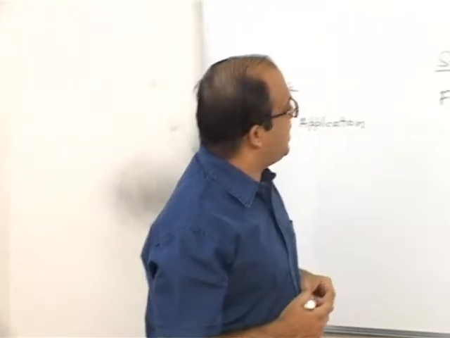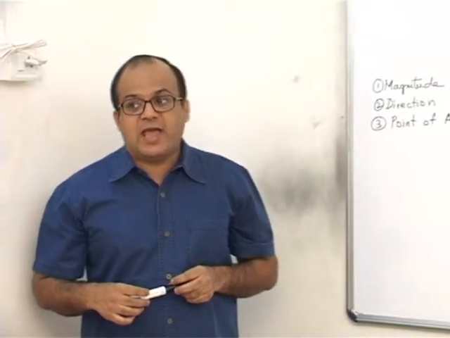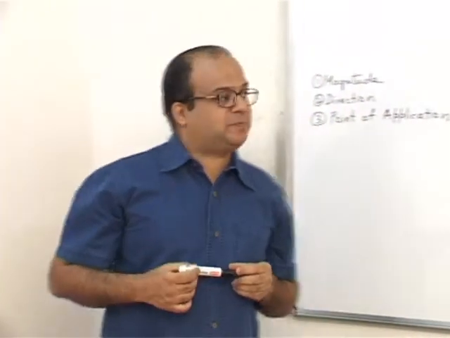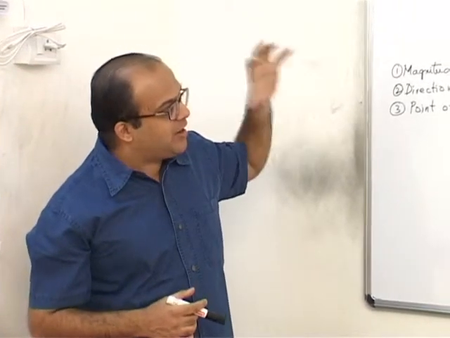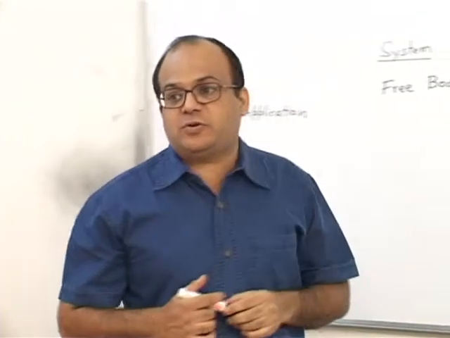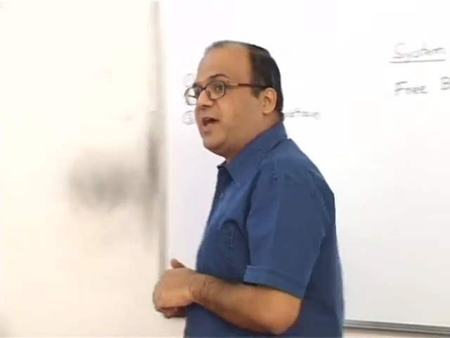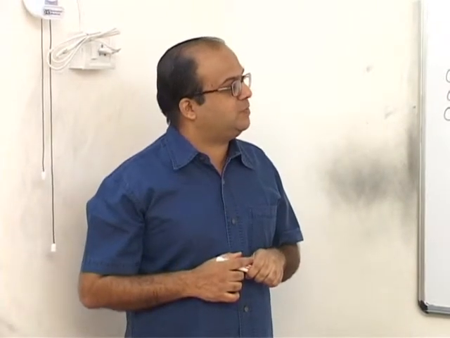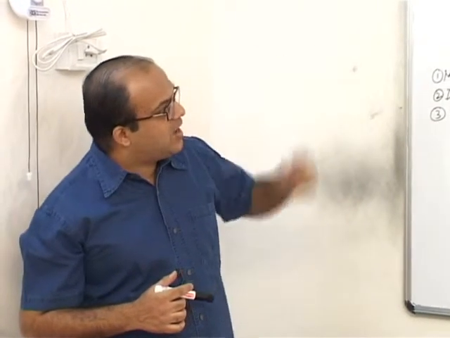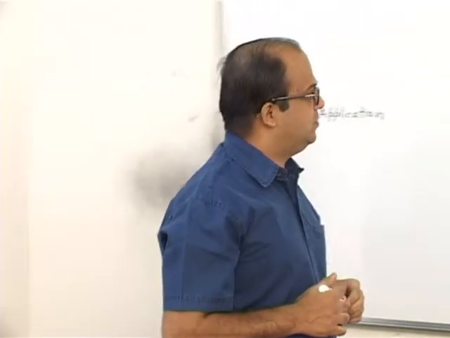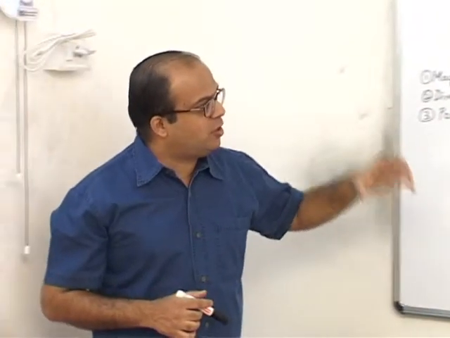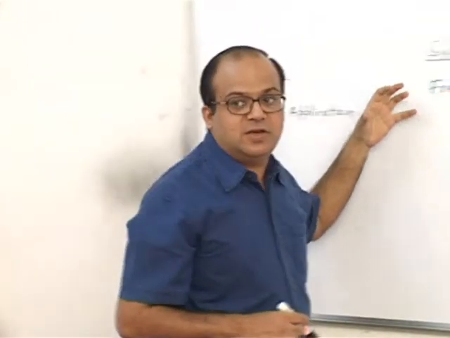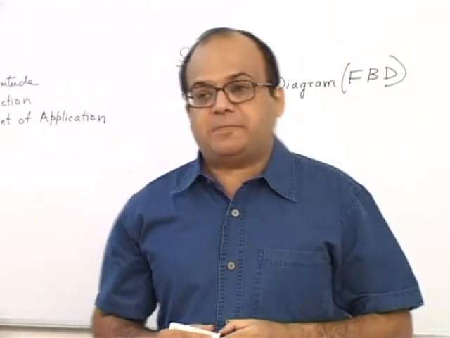The next important thing to understand is free body diagram, FBD. Though it is not a freehand drawing. In a free body diagram, a sketch of the body is drawn and all the forces acting on it are shown. The direction of acceleration is also shown. Other bodies and supports are not shown. So you draw the sketch of a body, show all the forces acting on the body and show the direction of acceleration. This is what is a free body diagram.